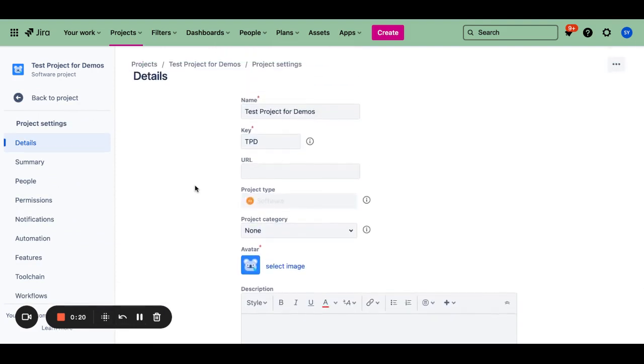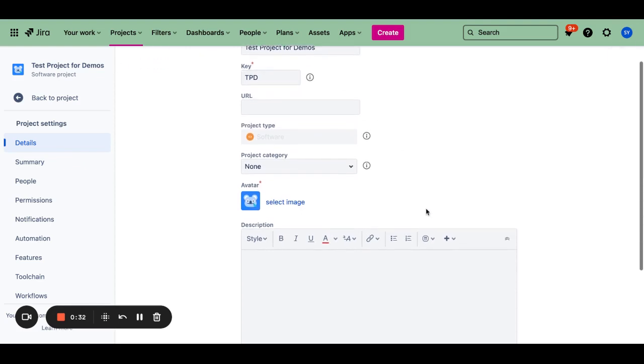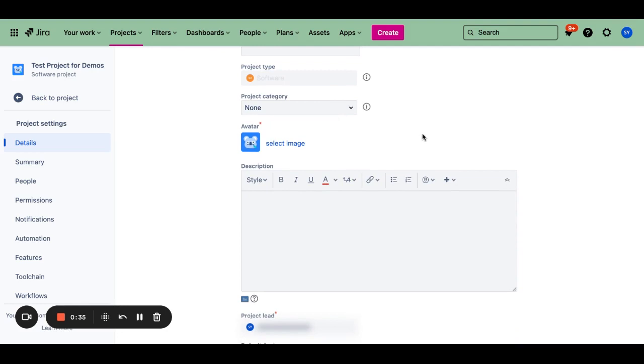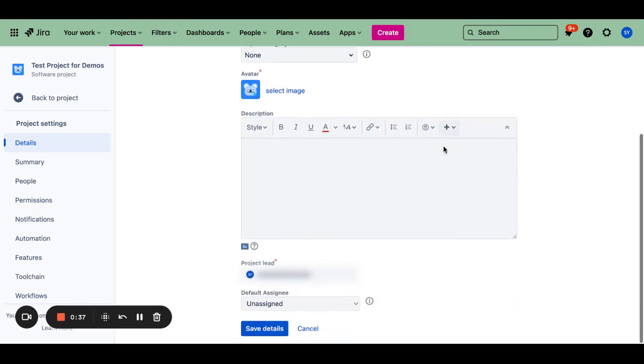So once you click on the project settings, you will be redirected to the project details page where it gives all the information about the newly created project, the project name and the key, and project type. You can change it whatever way you want, and the category and the description of the project. If you would like to give some description of what this project is all about, you can write it down here. And also you can define the project lead. You can select the project lead from the drop down in this section. By default, the project creator will be the project lead in this